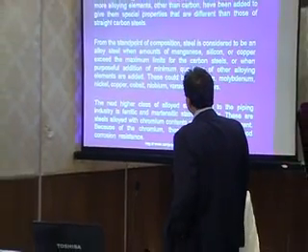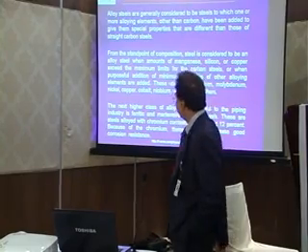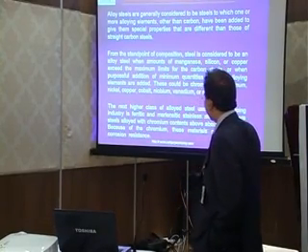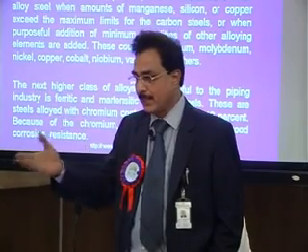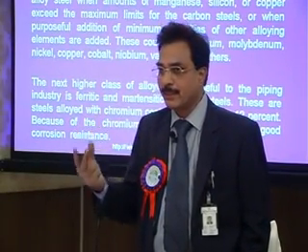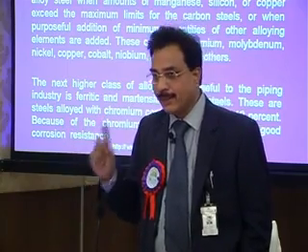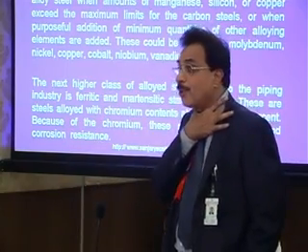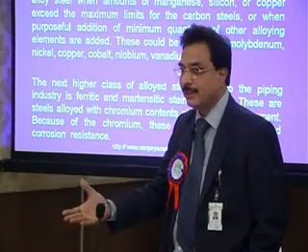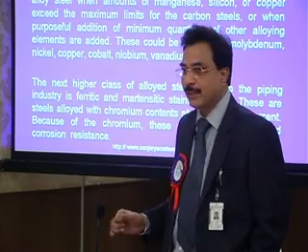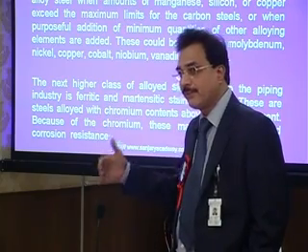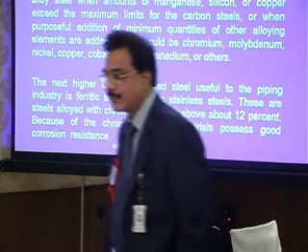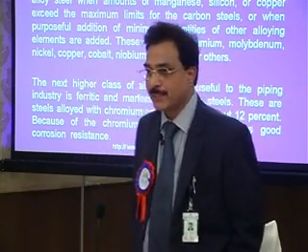From the standpoint of composition, to be considered alloy steel, the amount of manganese, silicon, copper exceeds the maximum limit of carbon steel. Alloy steel and stainless steel: stainless steels are normally of two types, martensitic and ferritic. First, with 9% chromium, that is a stainless steel, called austenitic stainless steel. Then up to 12% is martensitic stainless steel. Then more than 14% is ferritic stainless steel. It is very costly, used for very special purposes.